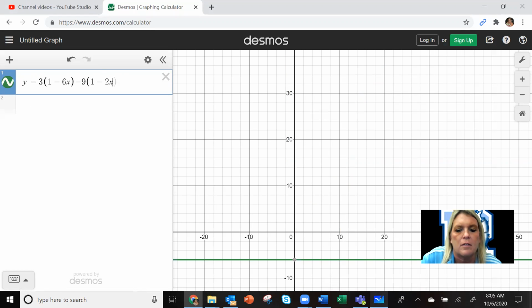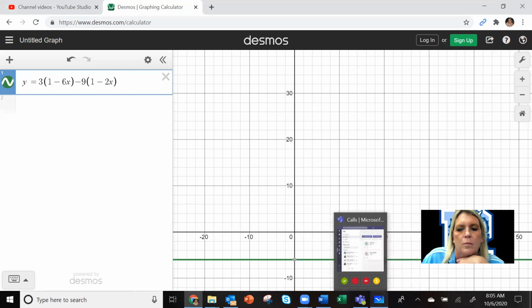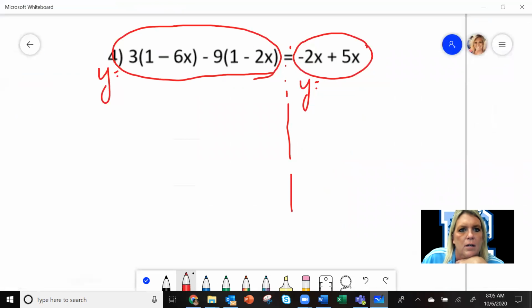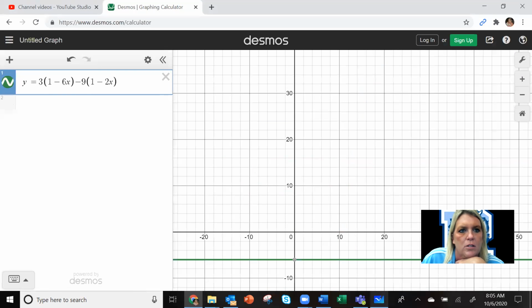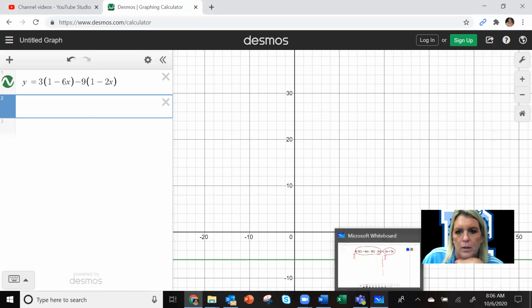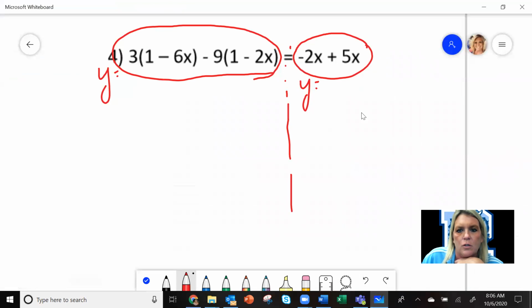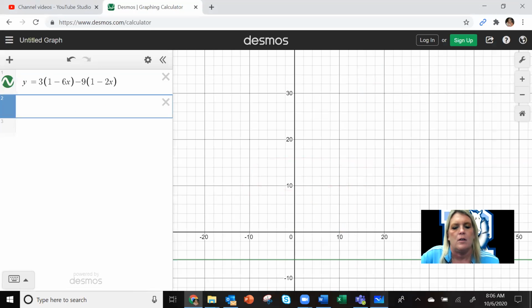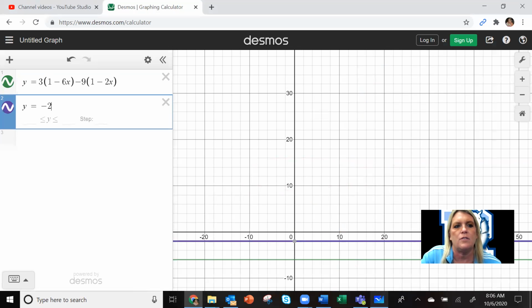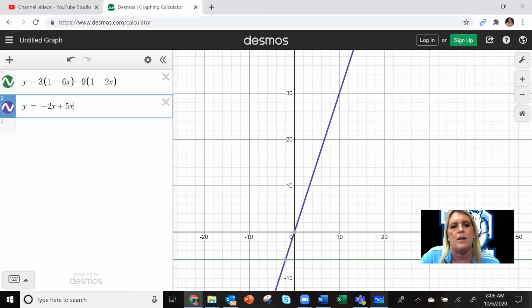minus 2x. All right, that was a long one, so I'm going to make sure. 3 times 1 minus 6x, yes, minus 9 times 1 minus 2x. Now I'm going to click in the next box below and put in there the other one. Y equals negative 2x plus 5x. Now that I have the two equations right here,